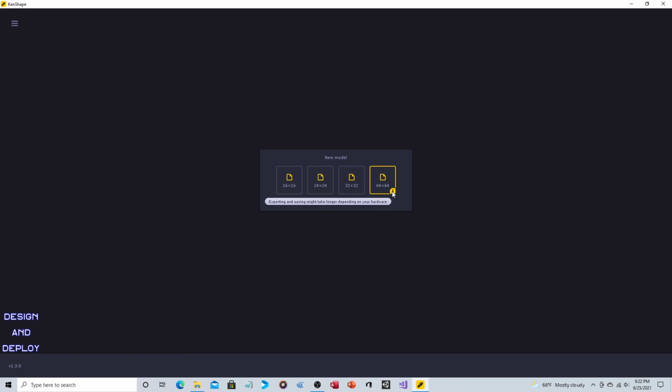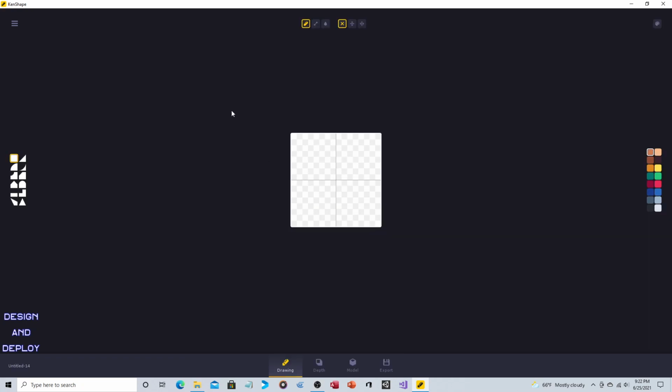And if you notice, it gives you a little pop-up here letting you know that if you export or save, there might be some slowdown. It might take longer because of that size. So we don't have to use that size for this demonstration. We'll just choose 16. Now, the actual drawing mode, and if you're not familiar, there are 4 modes: drawing, depth,